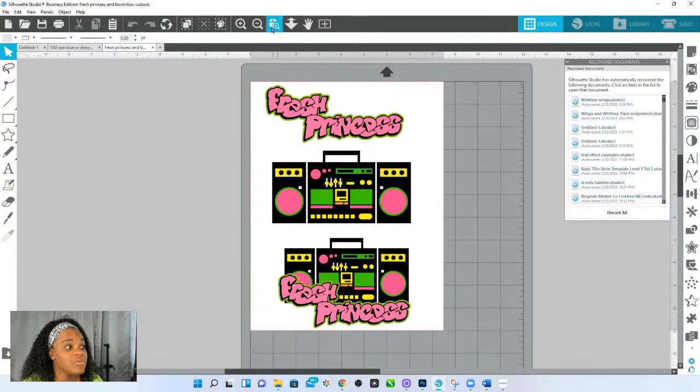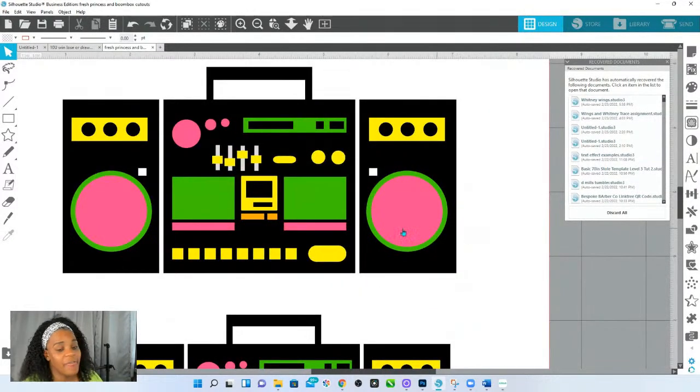This right here, though, let me tell you. I've had people ask me for this one. I ended up cutting this in vinyl as well. It was foam board, and I cut it all in vinyl and layered the vinyl to make it look like a really big boombox.